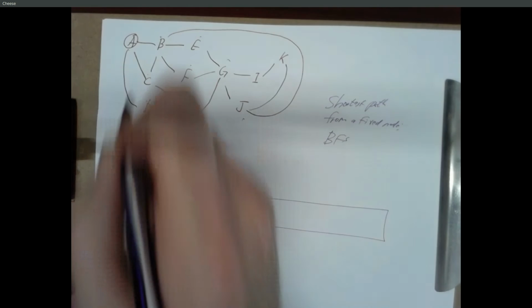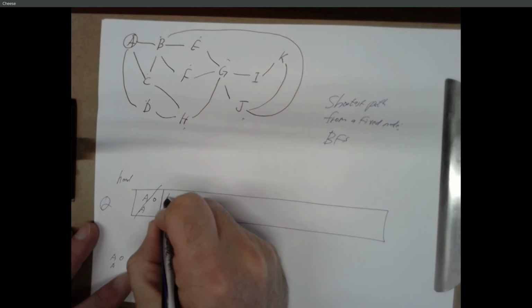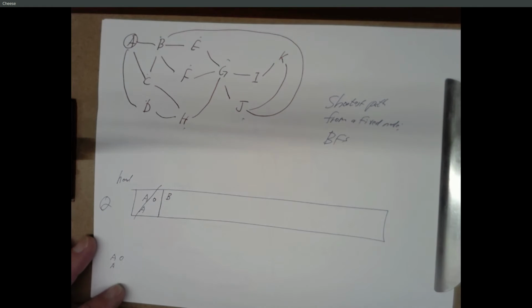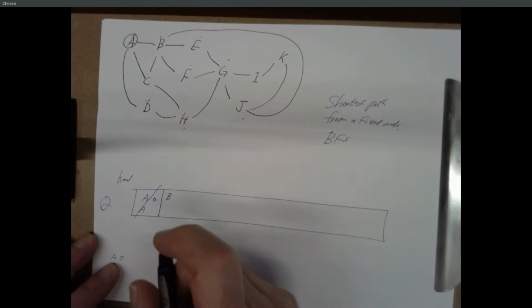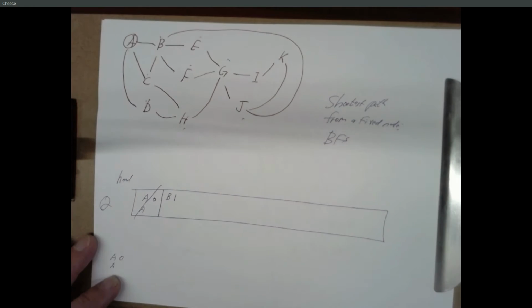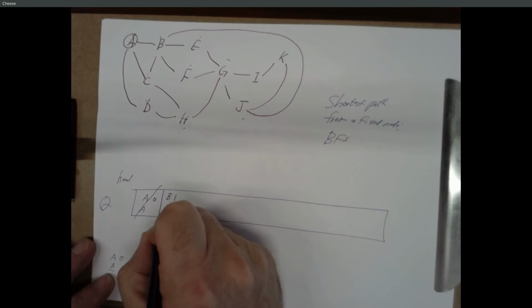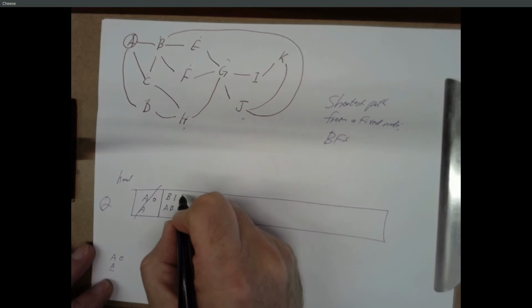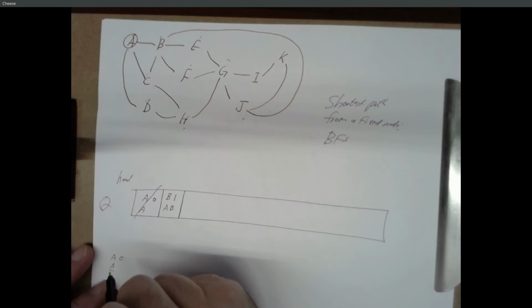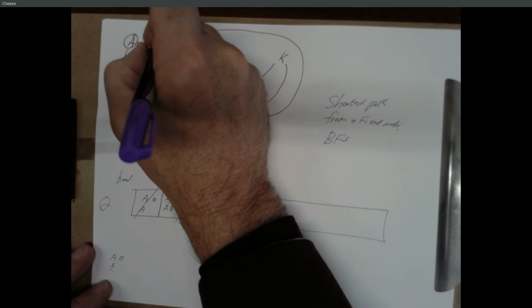So here's a child, B. So we're going to insert B, and we're going to take the length of A, which we removed, and add 1 to it. So this is going to have a distance of 1, and the path is going to be whatever the path was that we used to get to A, followed by B. And I'm also going to do something else here which is different. I'm going to circle a node